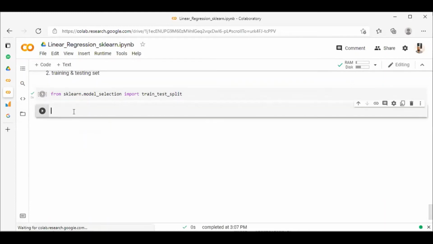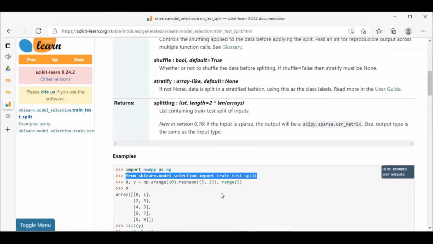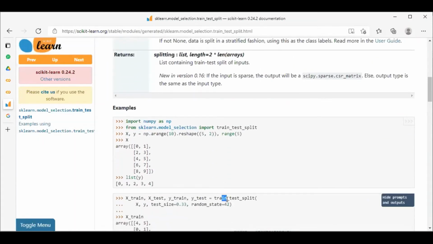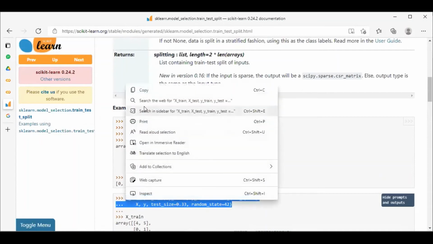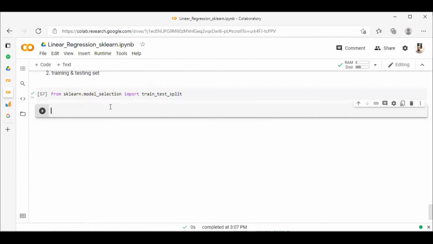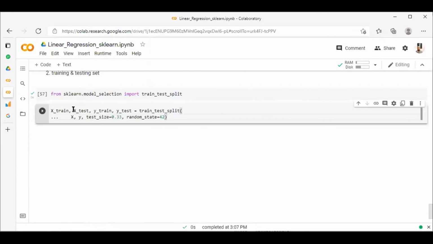you have to be very careful when splitting, because you can split randomly, or you can specify that you don't want to split randomly. You understand that? In this case, you don't have to split randomly because we are taking the previous values, even though if you split randomly, that might not be a problem. So once you split this particular x and y,